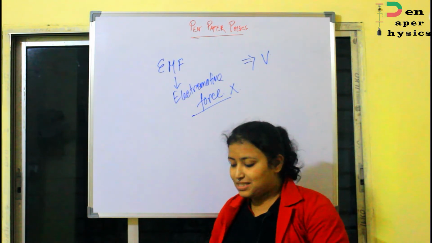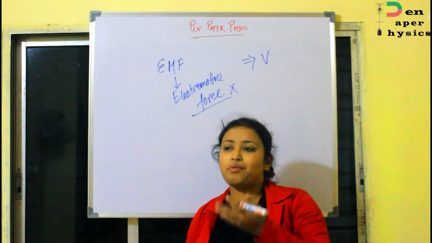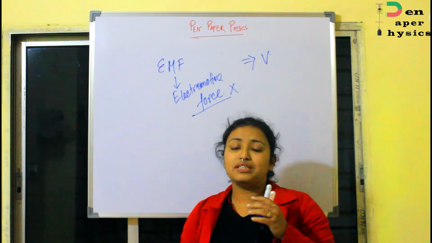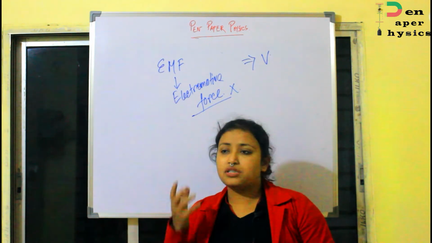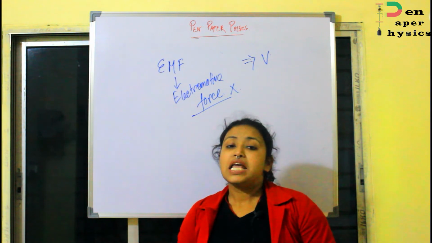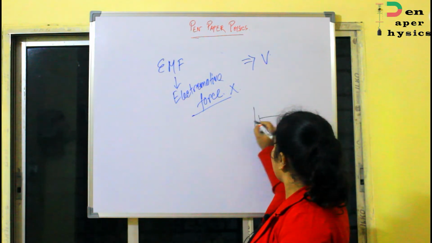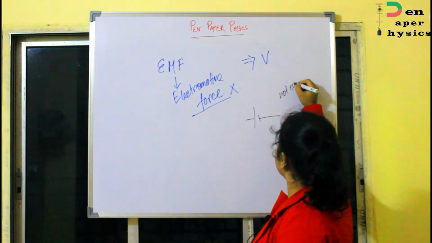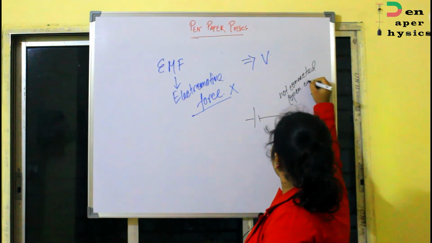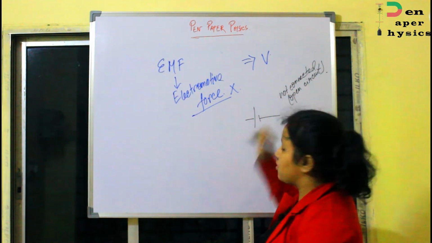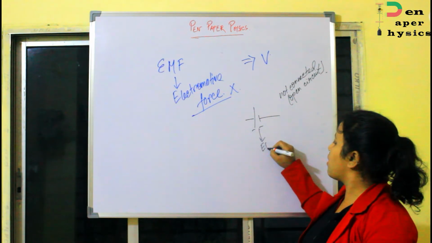Okay, so what is the technical definition of EMF? Suppose you are going to a shop, you are buying a battery. Over there on the battery you will see it's written 1.5 volt, 3 volt, 6 volt, 9 volt, whatever the voltage is written on the battery, that is your EMF. That means suppose your battery is not connected to any circuit, or we can say it's an open circuit. When no current is drawn from the battery,